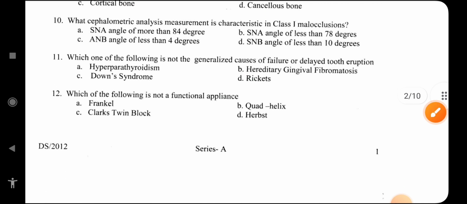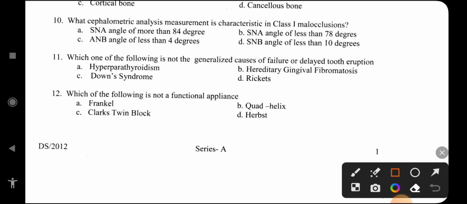Next question is what cephalometric analysis measurement is characteristic in class 1 malocclusion? Options are SNA angle of more than 84 degrees, SNB angle of less than 78 degrees, ANB angle of less than 4 degrees, or SNB angle of less than 10 degrees. And the correct answer is ANB angle of less than 4 degrees. Okay. So the cephalometric measurement ANB angle of less than 4 degrees is characteristic in